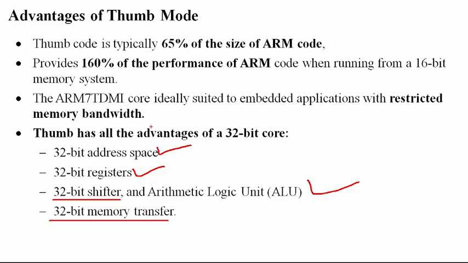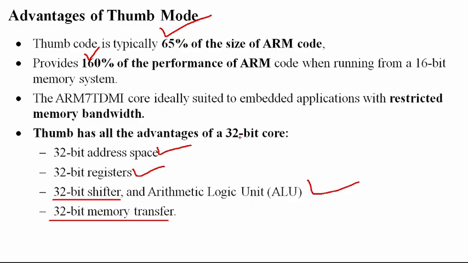In ARM mode, instructions will be 32-bit, and in thumb mode, instructions will be 16-bit. So this is the big advantage of the thumb mode. It is going to increase the code density by 65%, and it is going to increase the performance of the processor up to 160%, because you are operating in 16-bit, and you can also access all 32-bit information,